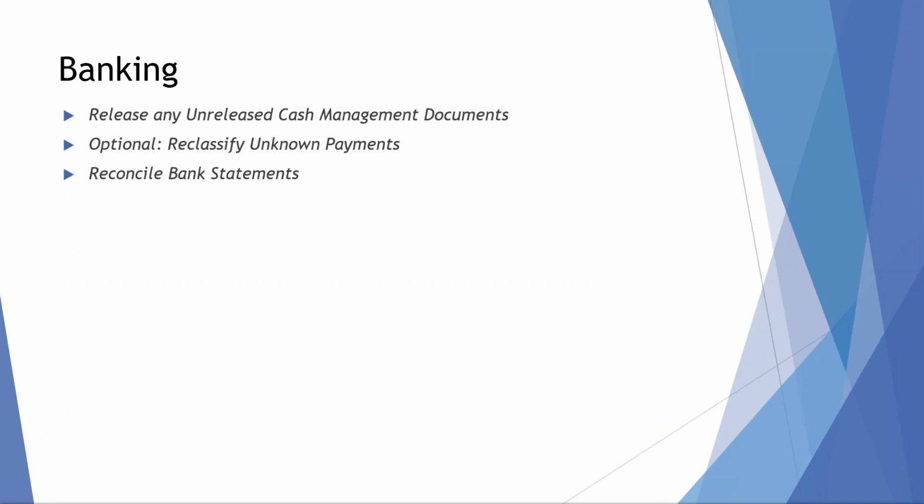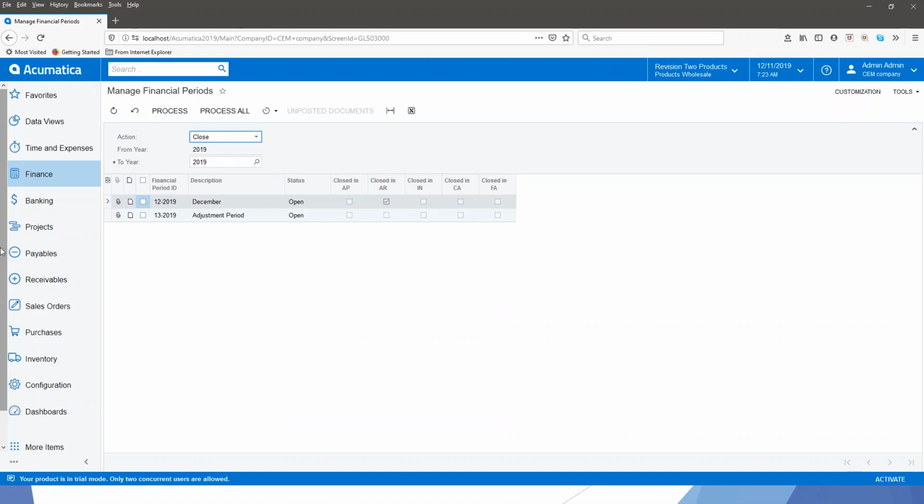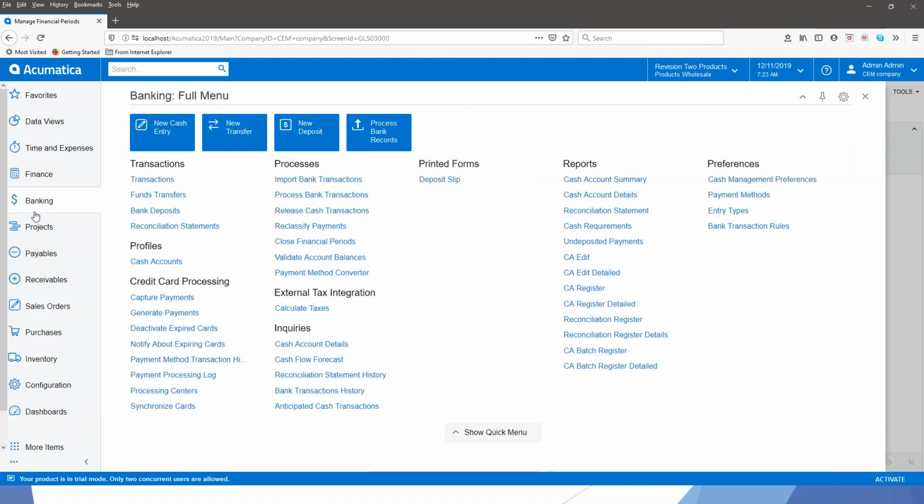Next, let's take a look at banking. Again, it's going to be the same thing. You're going to go ahead and release any cash management documents. If you have a certain account that you just put all your payments in, cash receipts, and you need to reclassify those, you want to make sure that's done. And you also want to make sure your bank recs are done. So if I go into banking,